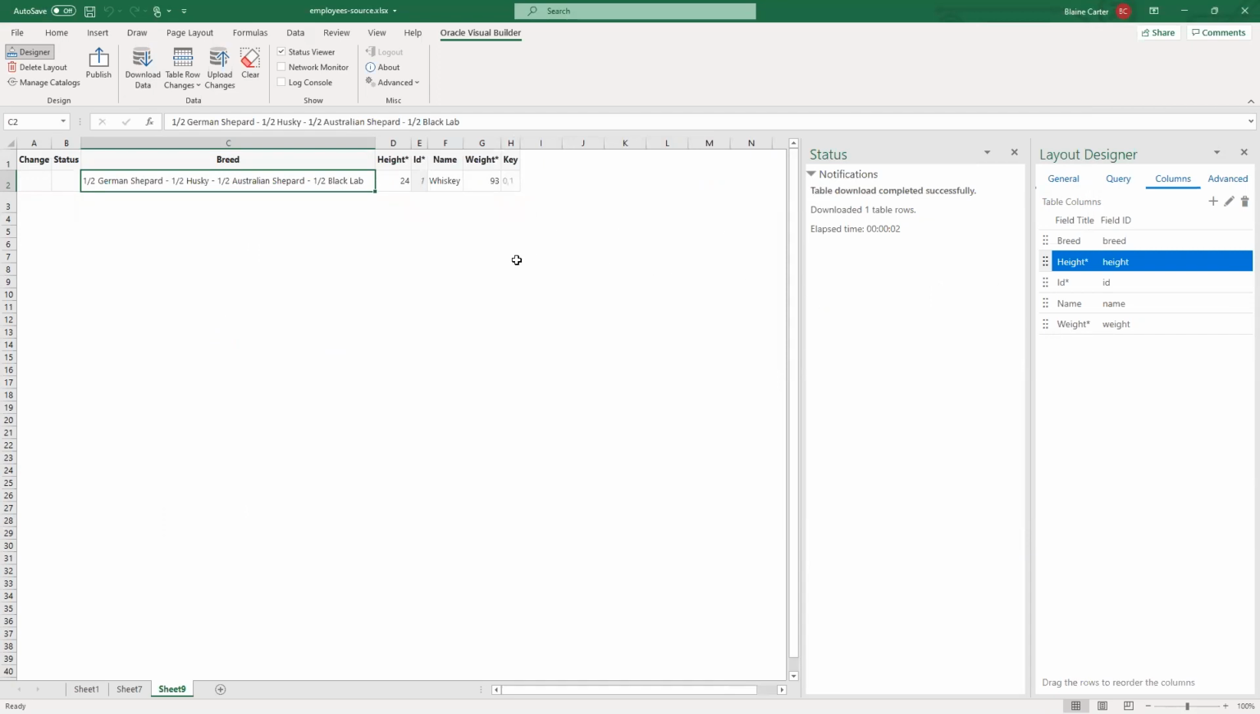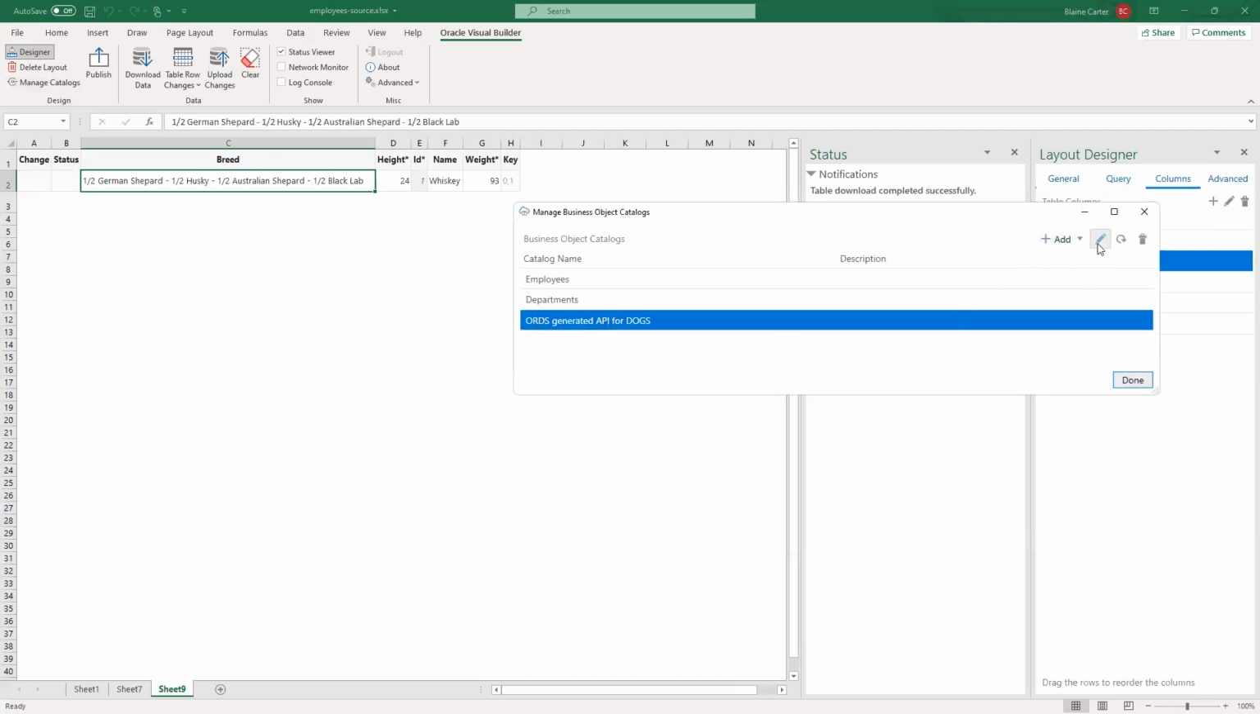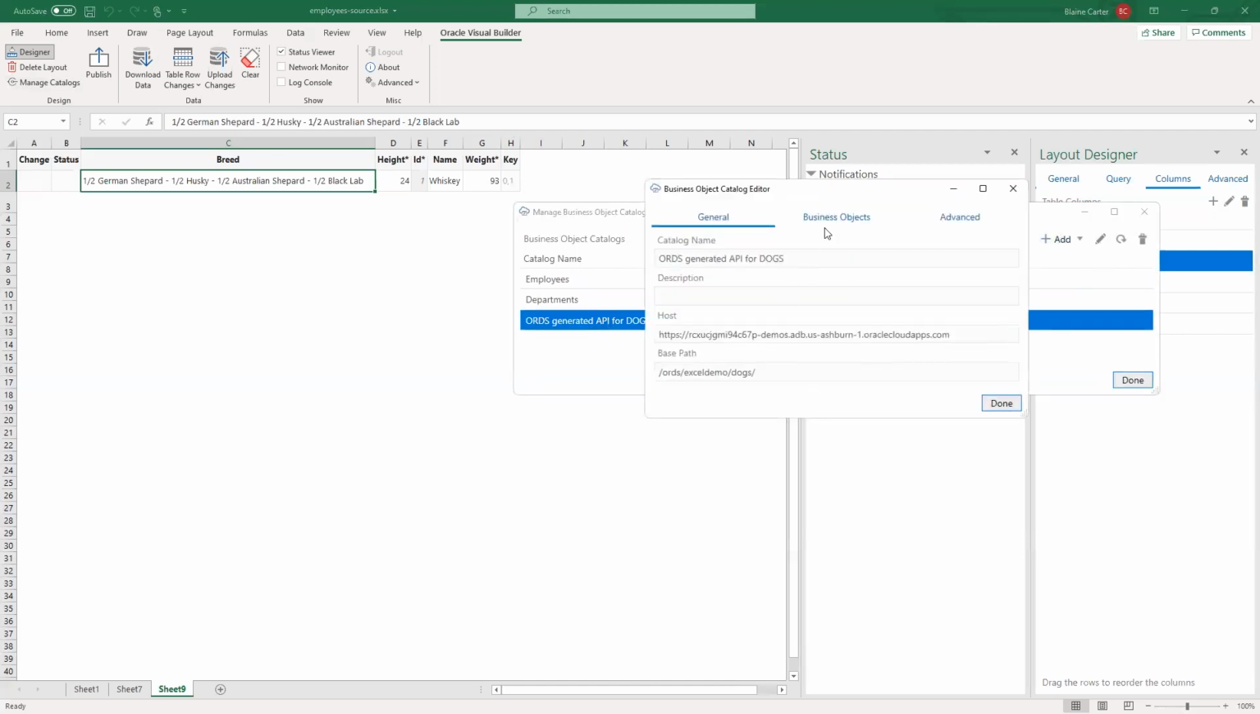Okay, so that is how you would add in or use a different API, a different REST API. There are a few other options as far as, let me see if I can get those to show up here. If I edit this, as far as security goes,